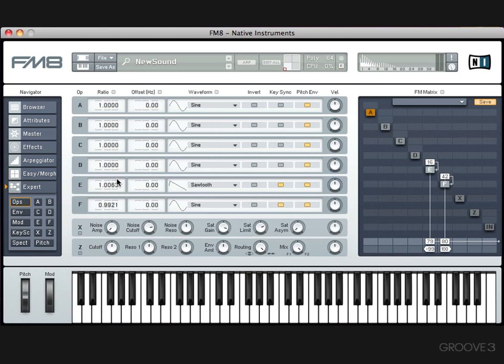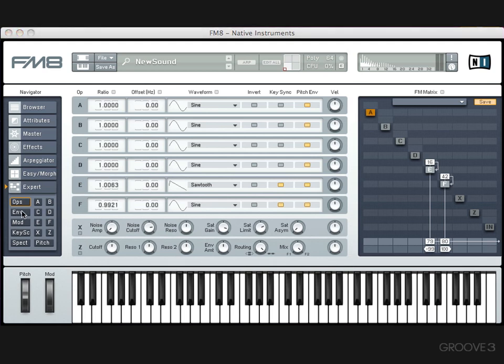When you're detuning two operators, it's better to do it with the ratio than it is to do with the offset hertz, because if we offset them by a particular frequency, it's not logarithmic, it's linear, and what that means is that the detuning will be more extreme the lower down the keyboard. You'll see what I mean if I just offset this a little bit. You'll hear that the lower down the keyboard, the more detuned it is. Now in certain circumstances that might be an effect you want, but today we don't want that effect, we want it to be uniform across the keyboard,